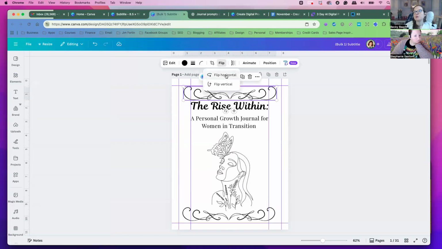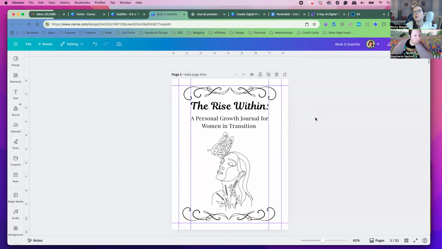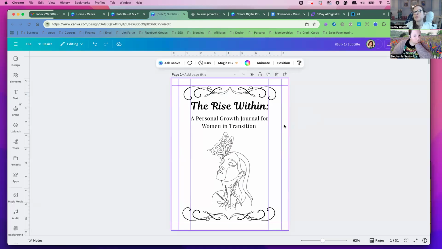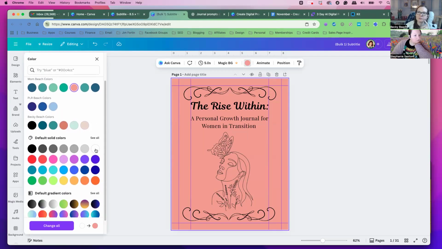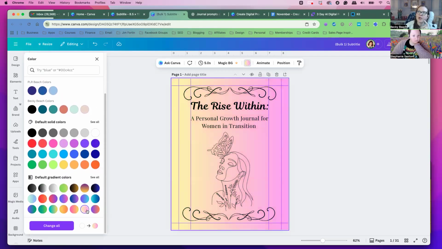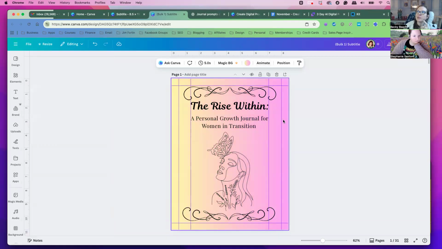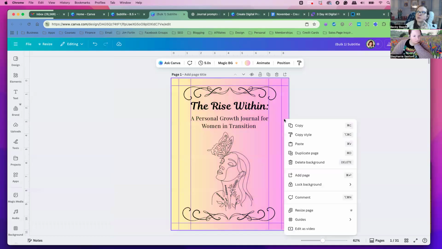I'm going to flip it vertically, but make sure it's still within the lines, and then see how the line appears. That means it's centered. Yeah, that could be very cute. Just something simple, and we could also color it a shade, maybe a pink or some color. These are my brand colors for my multiple businesses. You could also do gradients. There's gradients and stuff here. Yeah, I kind of like that gradient.